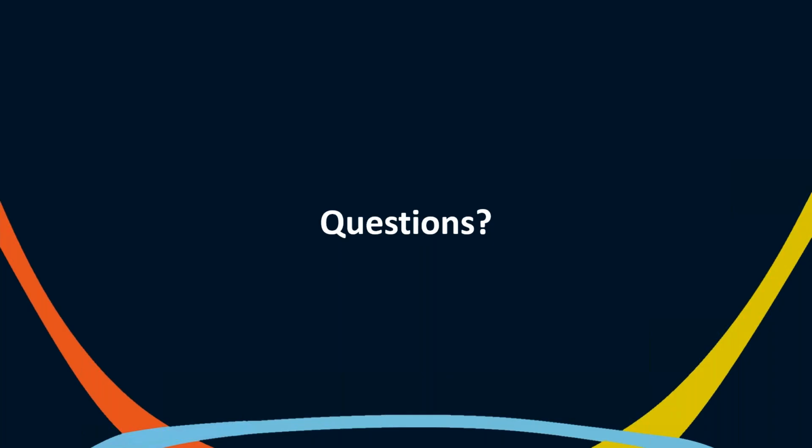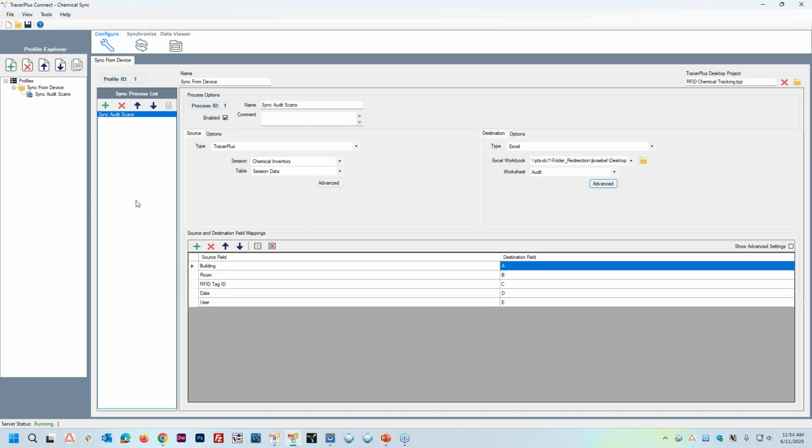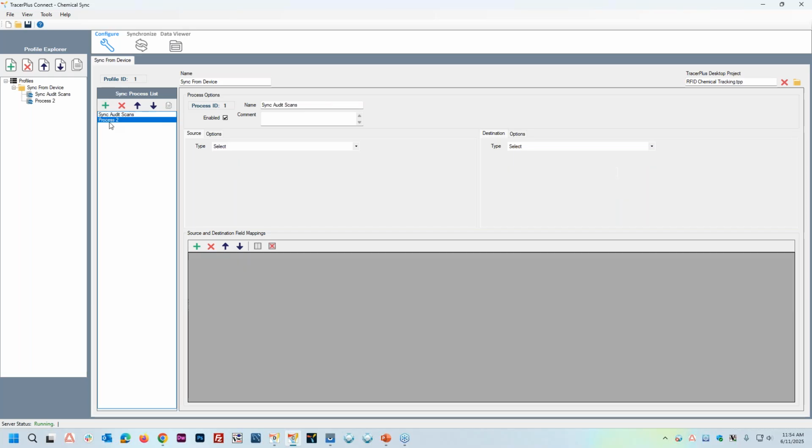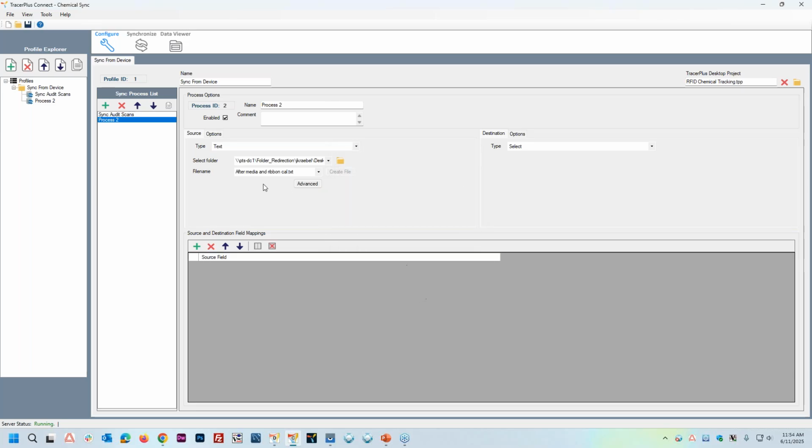Another question on if you do you support CSV file format instead of Excel? Yes, we do. So I can just show that quick. If I bring up Connect again, and I select, let's just say I add another process here. I'll select, it's actually gonna be text as the type. And then I can choose the folder where that exists. Let's say my desktop. And then you'll see that I have different things appearing here. I can see both TXT files as well as CSV. So yes, we do support both CSV, TXT,